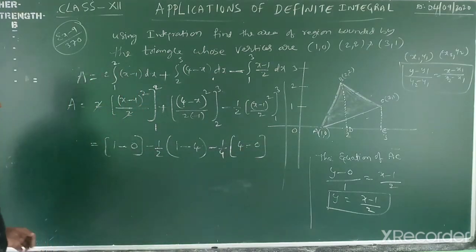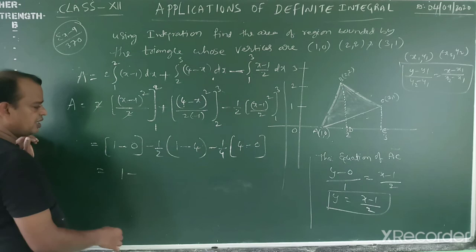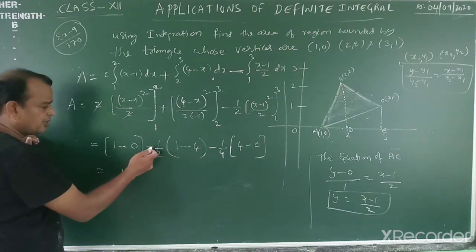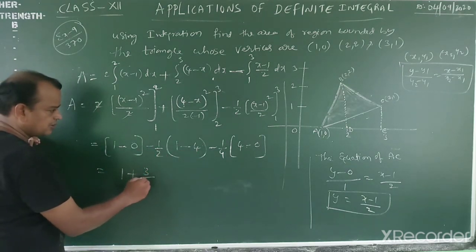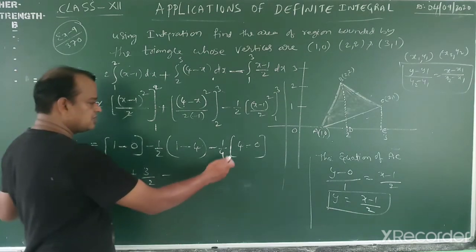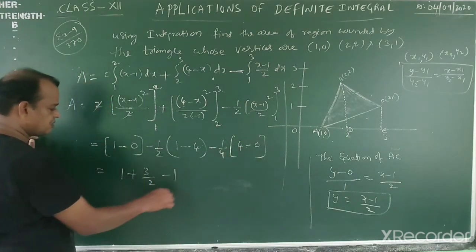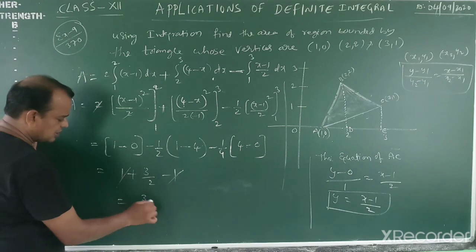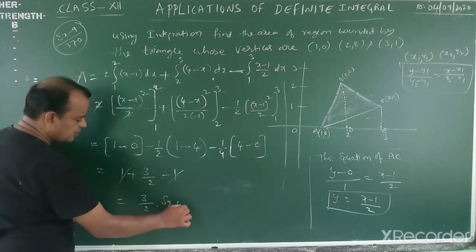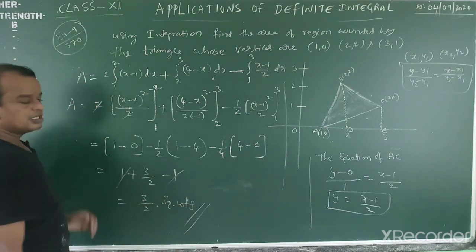Okay my dear students. Now what is going on? 1 minus 4 means minus 3. Minus 1 by 2 into minus 3 means plus 3 by 2. Here this 4 cancel means minus 1. Plus 1 minus 1 cancel, that is equal to 3 by 2 square units. In this way we will complete the